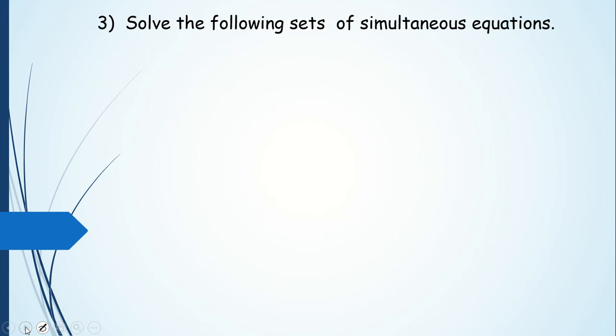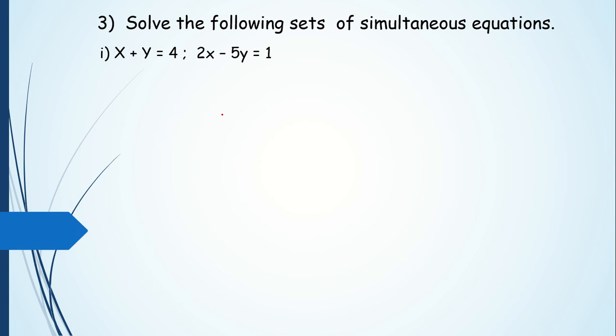Solve the following set of simultaneous equations. Now we come to the method of elimination, solving the simultaneous equations by the method of elimination. So first try to understand this method very well, because exactly the same sums you are going to do in the 10th standard also. Now two equations are given. We are trying to solve these two equations and try to find out the value of x and y. Method of elimination means out of the two variables x and y, one variable we are going to eliminate. That means one variable we will try to get rid of. Then we will be left with one variable only.